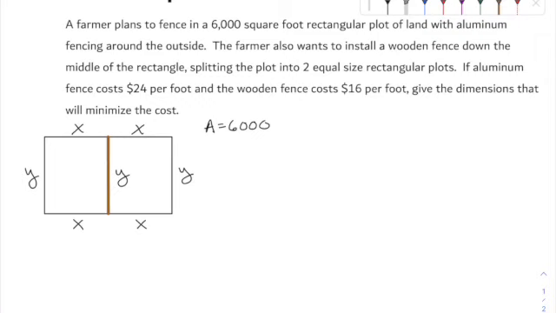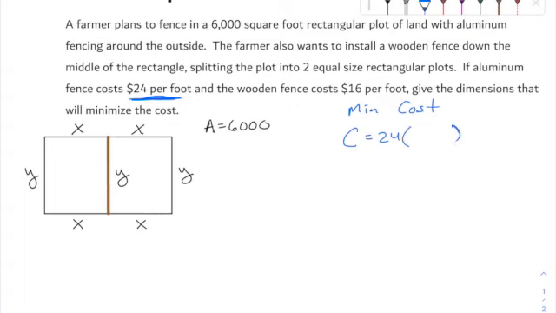Okay, so we are trying to minimize cost, right? So let's make an equation for what this cost would look like. The cost is going to be dictated by the cost for each of the types of fence. $24 per foot for aluminum fence, and aluminum is what's being used around the outside. So that's going to be $24